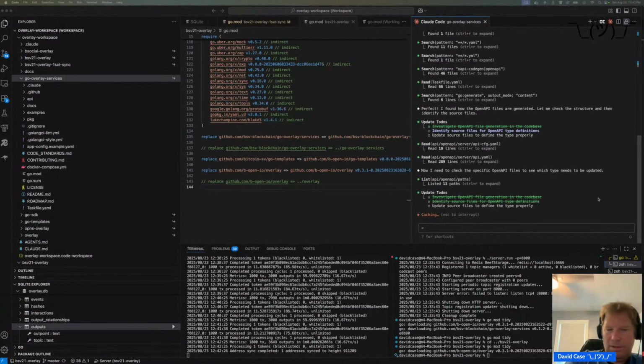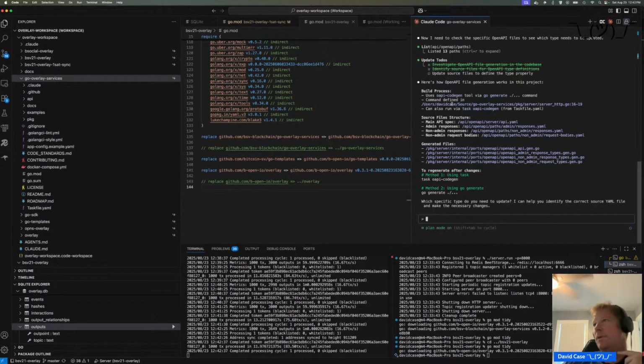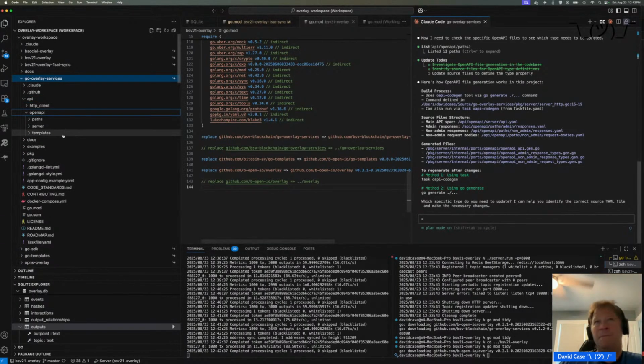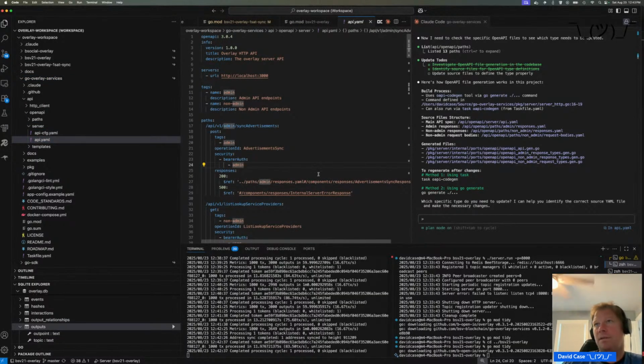Should put this in plan mode. Actually, I still probably... Okay, here's OP. Go generate. Commands are defined. Command defined in main API, admin responses, non-admin responses. So I guess it's the main API spec. So API, open API, server API.yaml, and we want